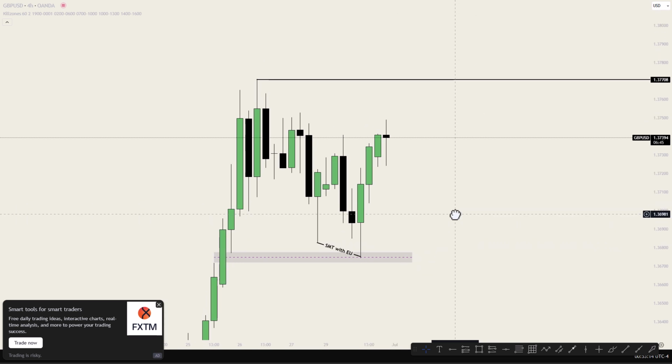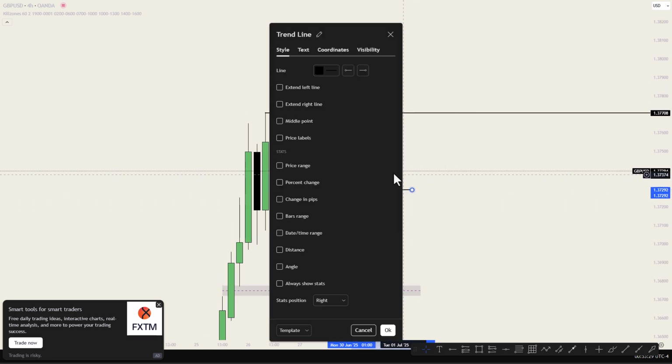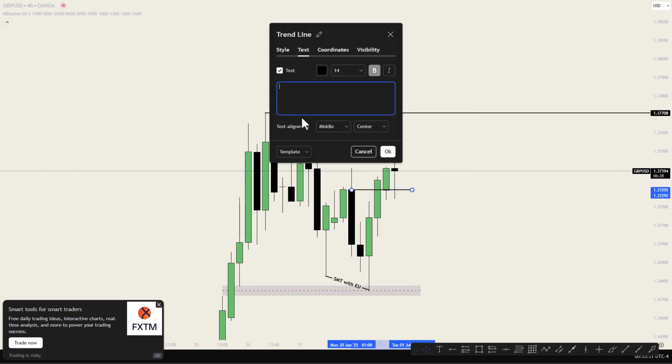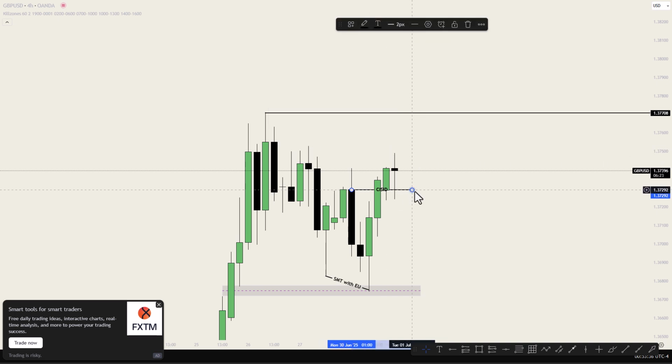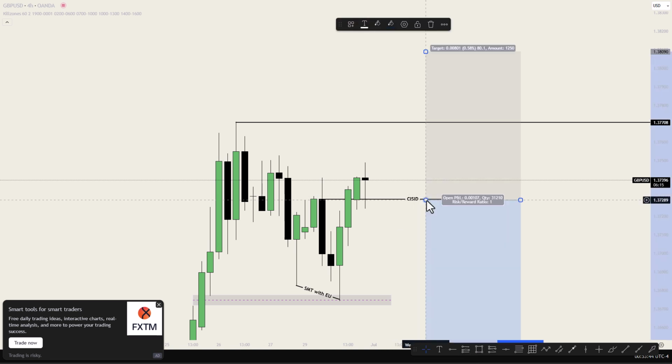Now, what are we expecting? We're expecting to see price closing above the candle that swept the liquidity. So here we see price closing above this down candle that facilitated the sweep of liquidity. So here we have a change in the state of delivery. And our entry can come on the change in the state of delivery. Here we can have an entry.